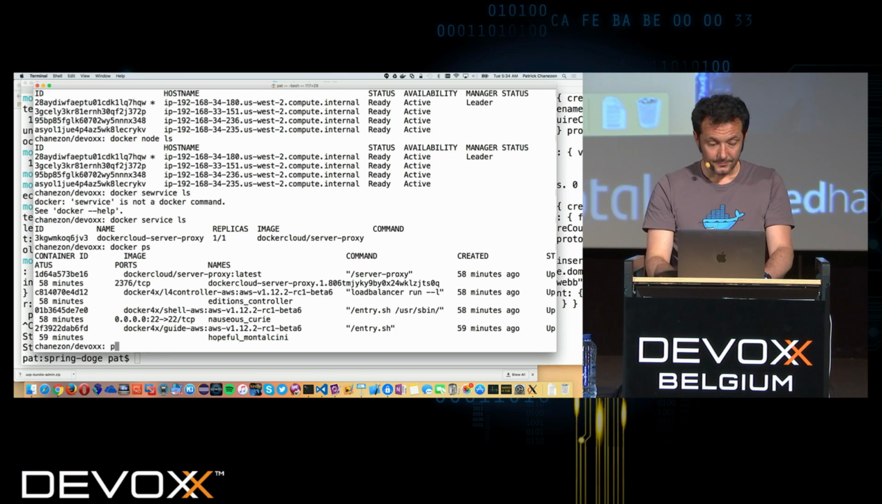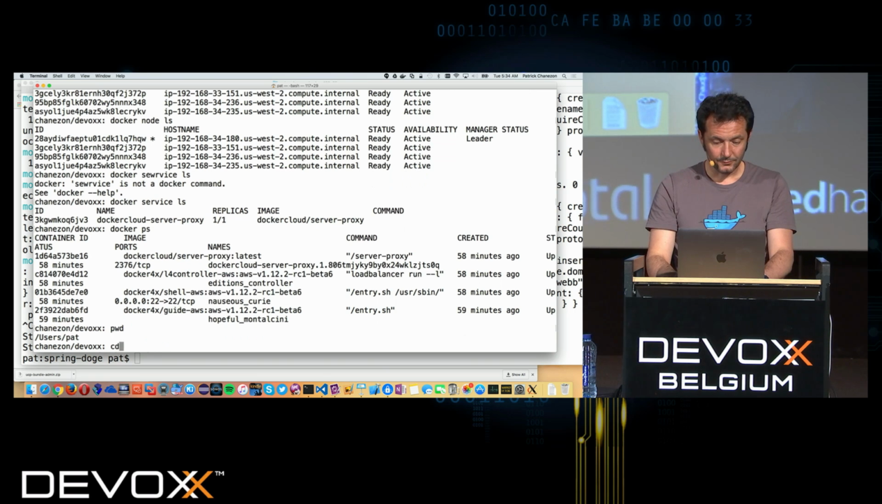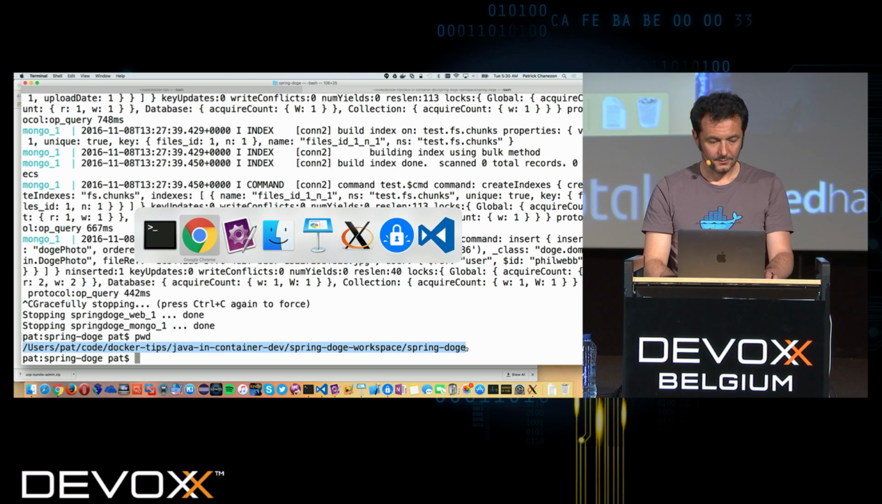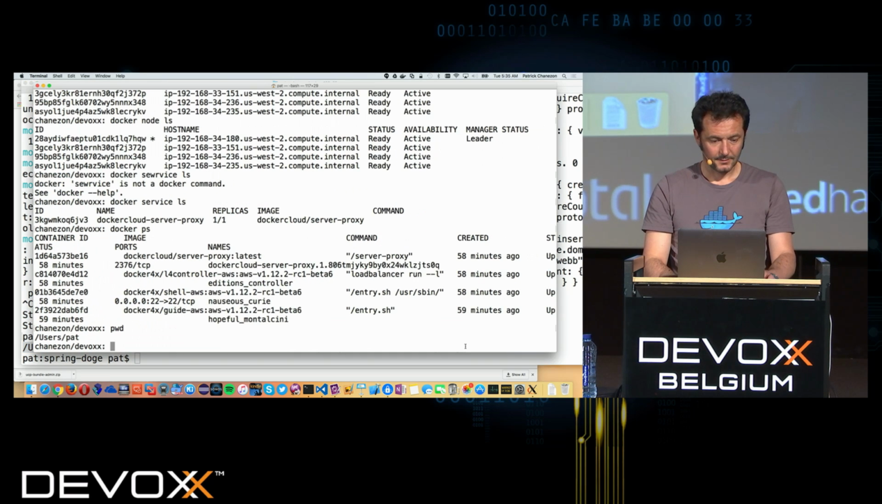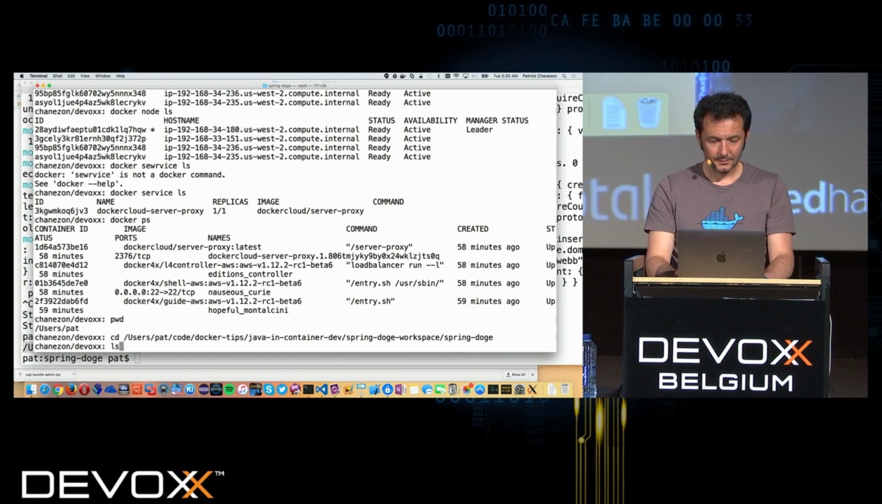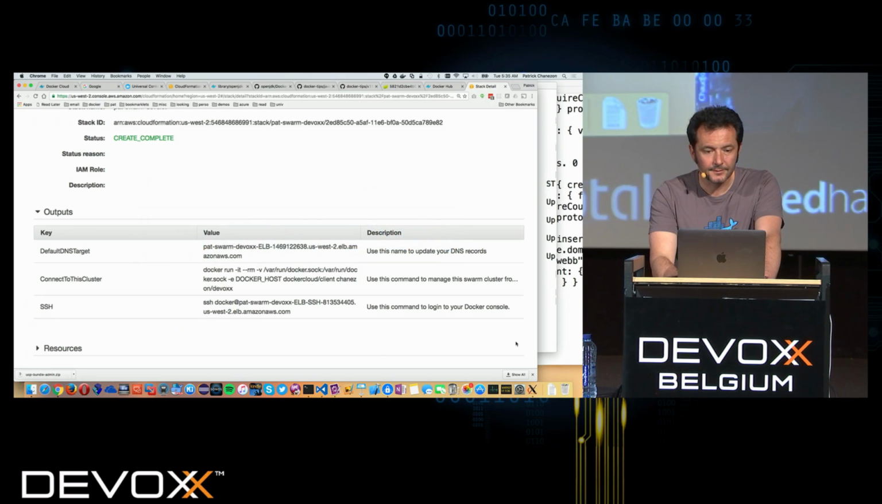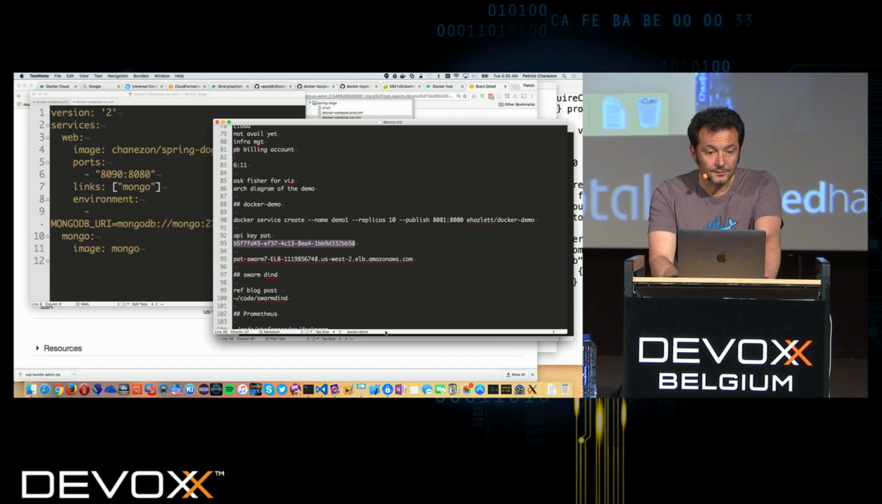So now that I'm there, I can go to, actually let me go to Docker tips. I'm just going to take this guy. I'm just going to go to that directory. So this is the directory where I have my code and my compose files. And I can just run,